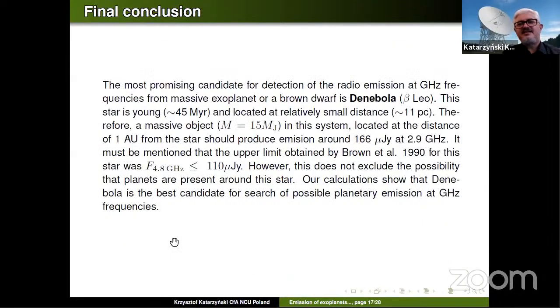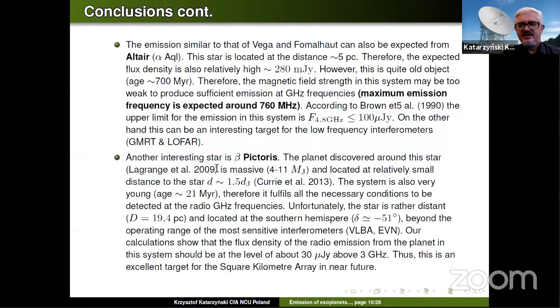The best candidate is the nebula, which is quite young, just 45 million years, and located at a relatively small distance, 11 parsecs. Therefore, a massive object in the system should produce emission strong enough to be detected by current VLBI instruments. And there was in fact such an observation at 0.45 gigahertz of this star, but as you see from my prediction,